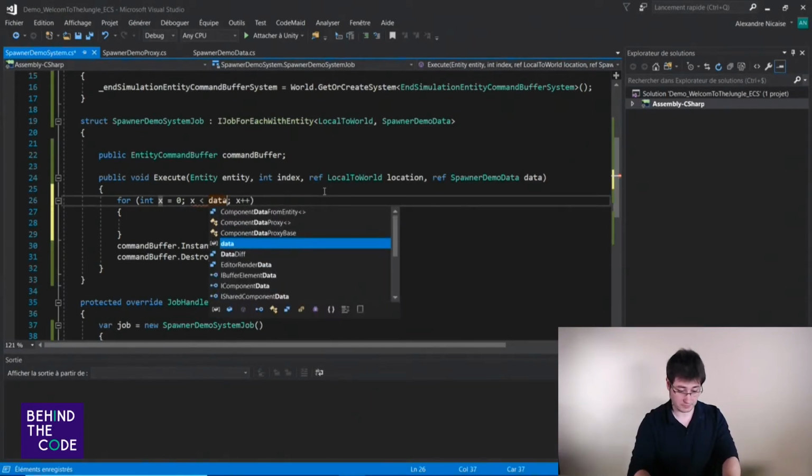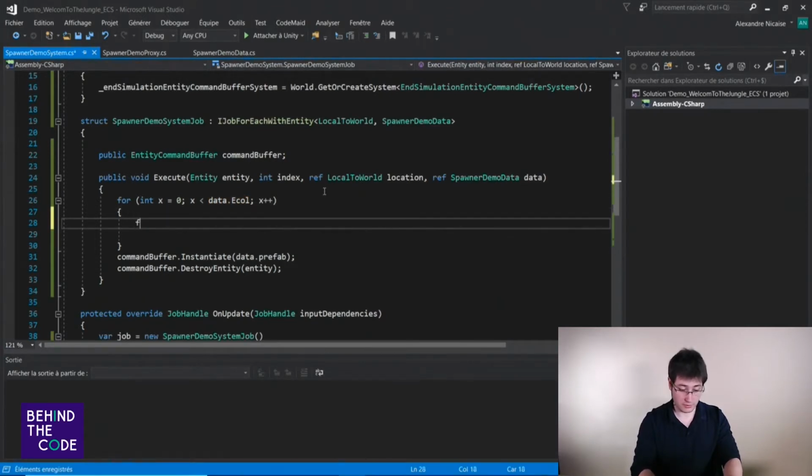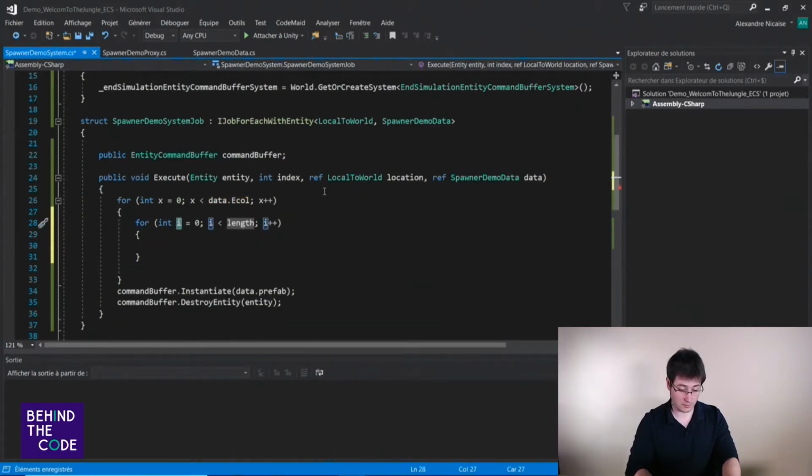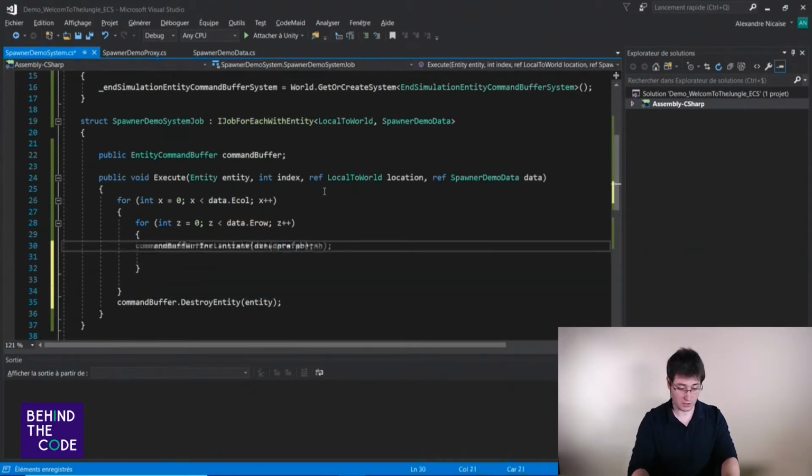So in the data dot row equal row, or equal, as you wish, is the same thing. For in the depth, so in Z we take the row, so dot row. So next we want to instantiate our object. So here.